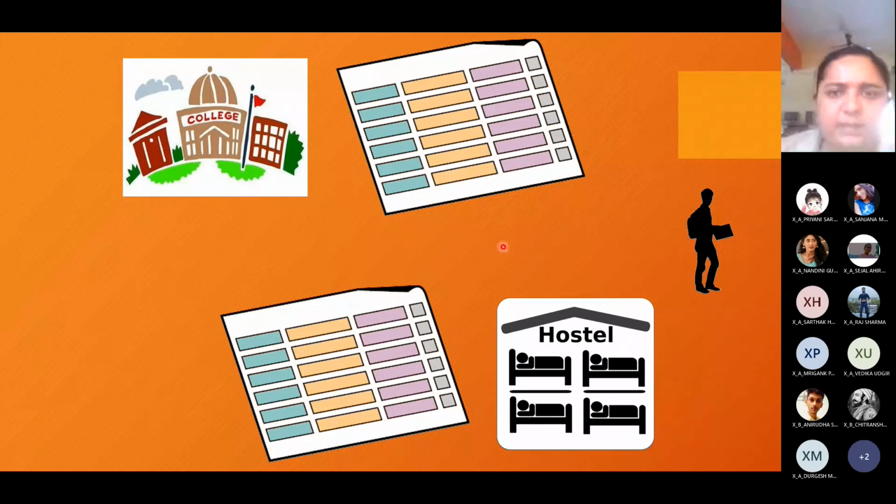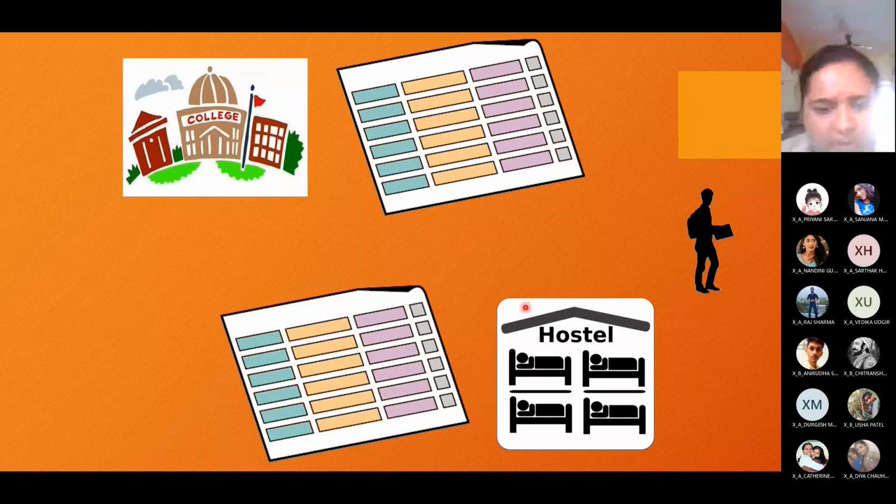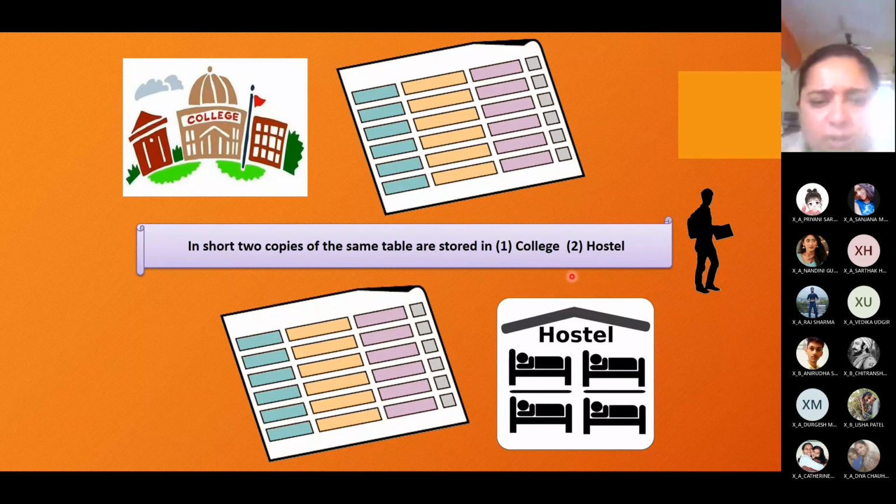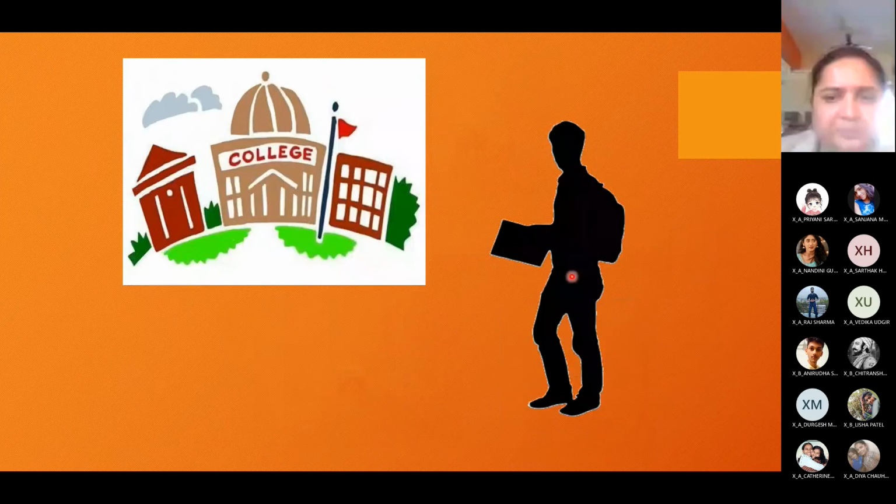Now, college contains the records of students as well as those students who live in the hostel, and hostel contains the record of only those students who live in the hostel, right? In short, two separate copies of the same table are stored in college as well as hostel.